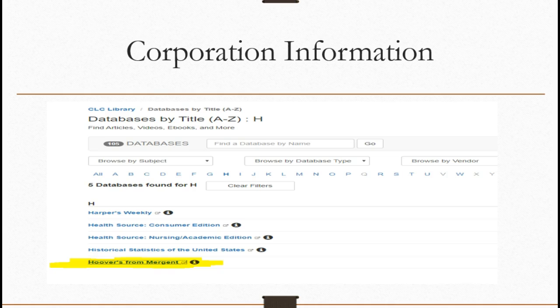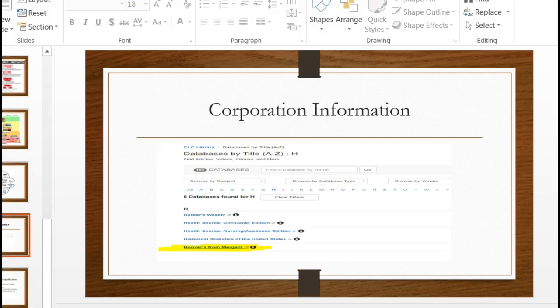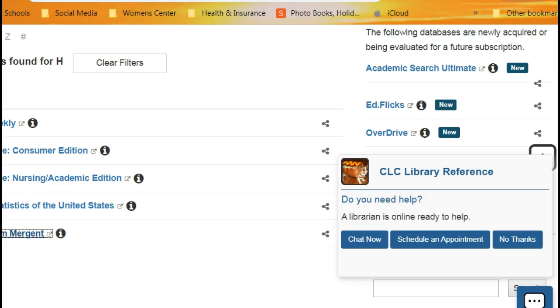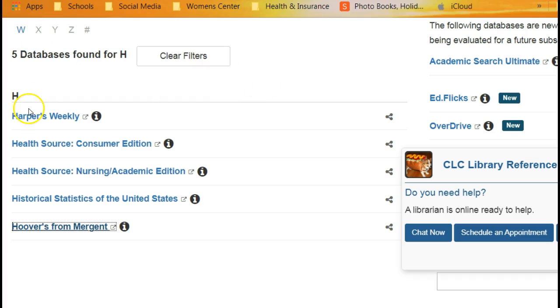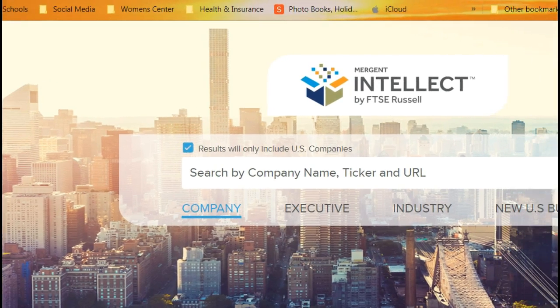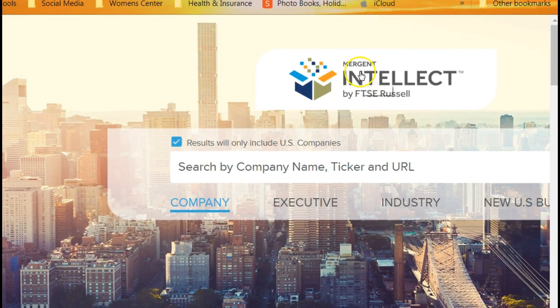You will have to go to it through our CLC website. So I have set up, at least I thought I did, we moved this over. So if you go to the CLC website and get to the electronic databases alphabetized by H, we have Hoover's, and then once you click the Hoover's link, it's going to take you to a web page that looks like this, Mergent Intellect.